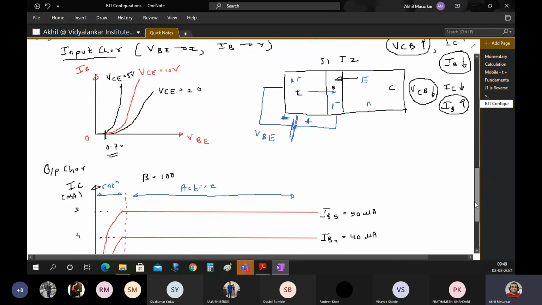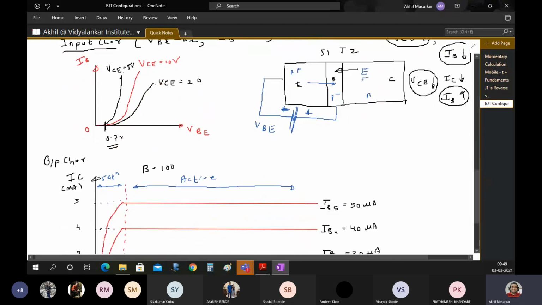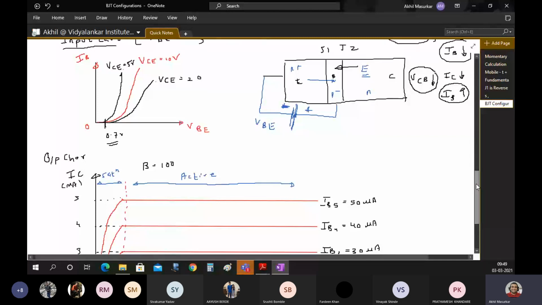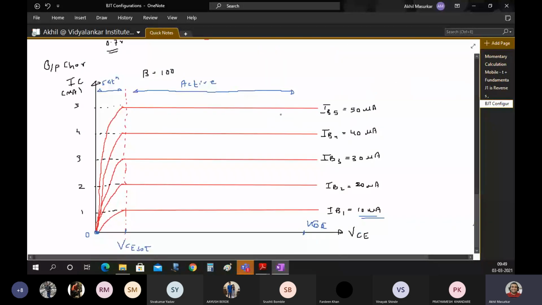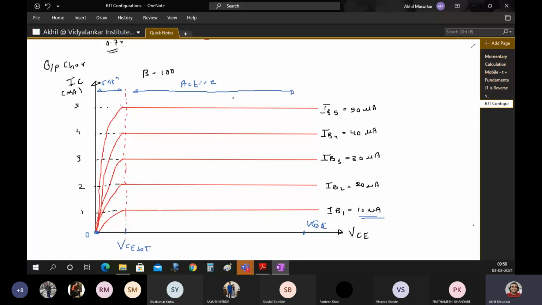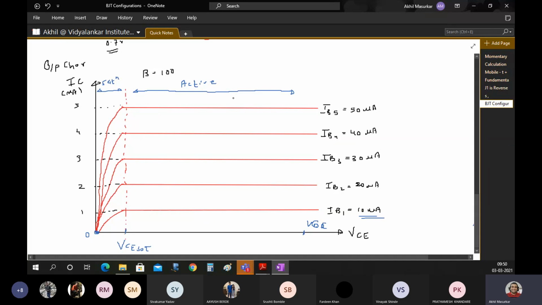So what I mean to say is that, let us say that the rate at which you are pouring the water inside a jar is constant, and if you open the tap and if there is no water in the tank, then what will happen? In spite of how much you open the tap, the output is going to be at maximum the rate at which you are pouring the water. So I'll just give you one example here. It's a very nice example to understand these characteristics.